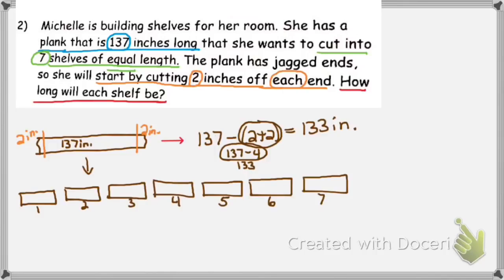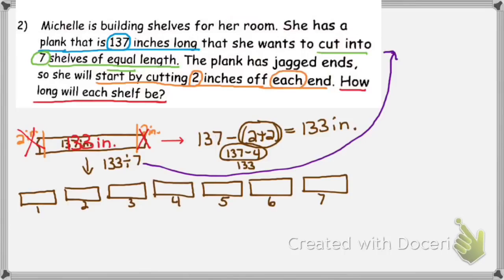Let's go back and fix that picture of the shelf. Cut off one end, cut off the other end, and now what I have left is 133 inches. So now I know I want to take this 133 inches and divide it up and make it into 7 equal shelves. So 133 divided by 7. Let's move that problem over to here and let's set ourselves up for division. 133 divided by 7. I see that this is a long division problem, so I need to do the setup